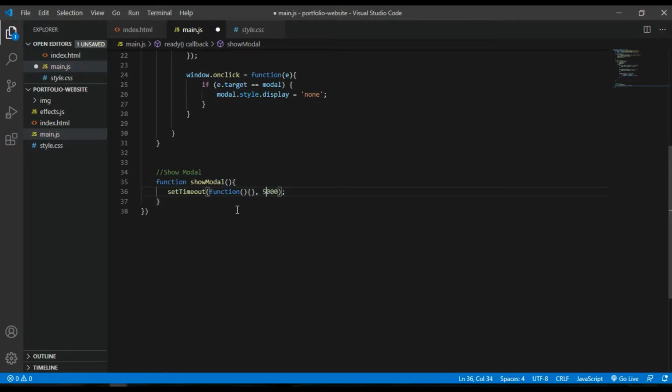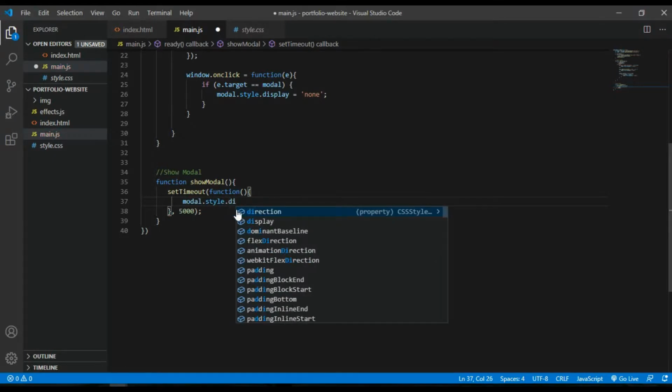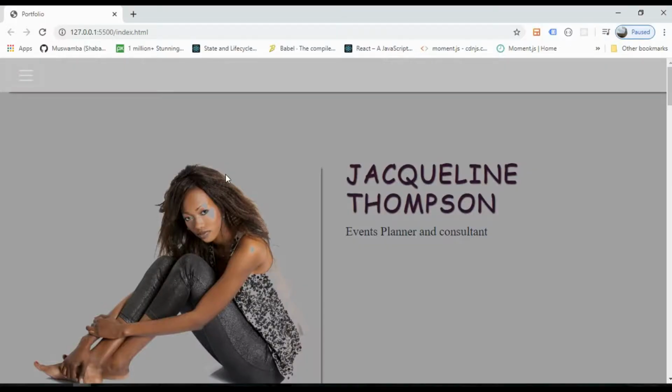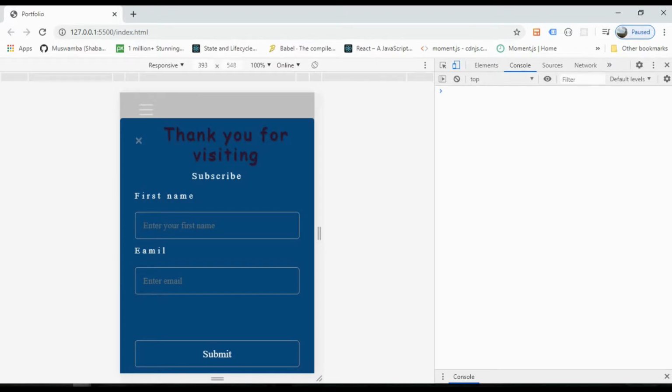What this function is going to do is display the modal: modal.style.display equal to block. If I save the change back in the browser and go to small screen, after 5 seconds we have a modal.